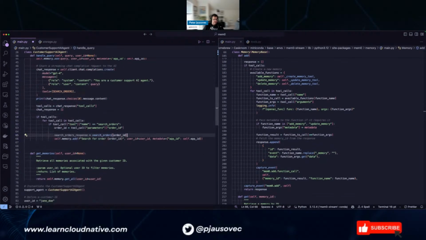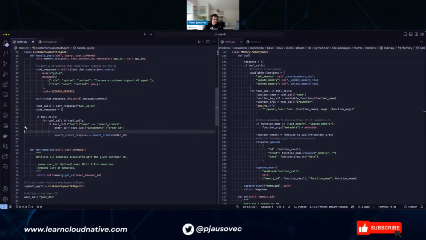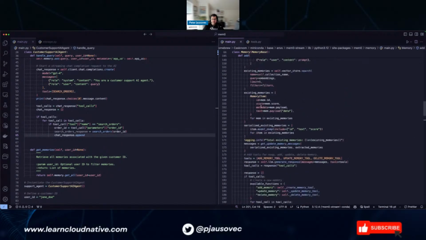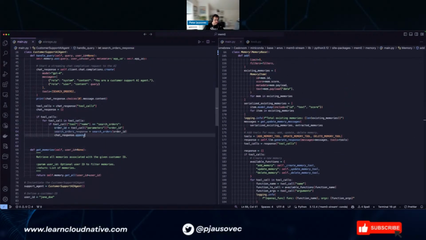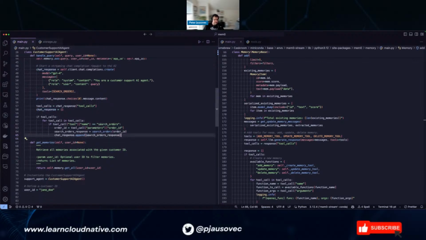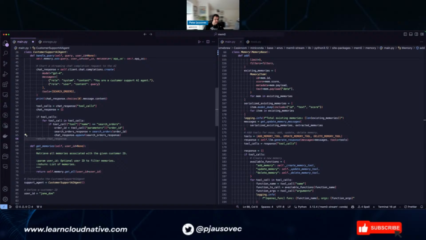Over here, search order response. We don't need this. We'll do chat response dot append. Is this sending it back? Yeah, something like this. I'm not sure if it's like that, but this would basically call the function, and then we would have to send it back.